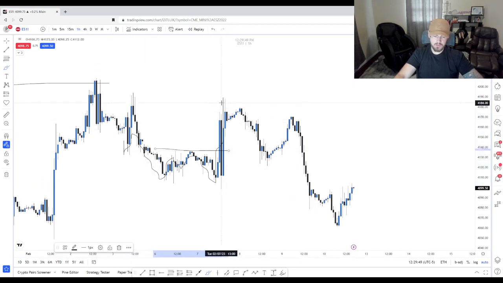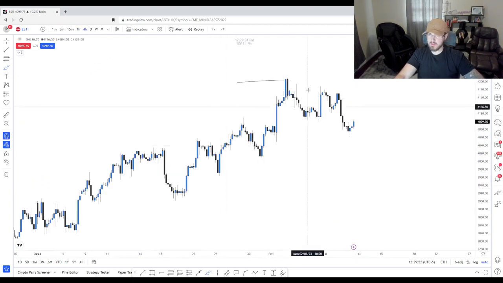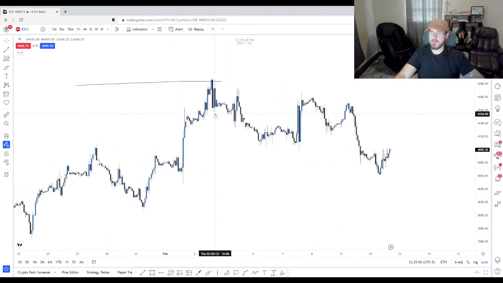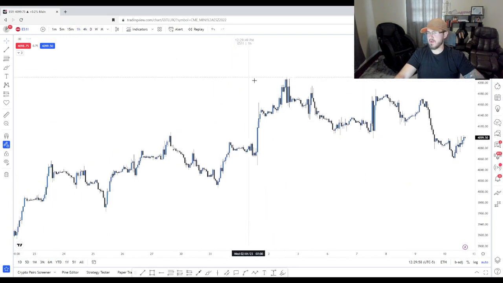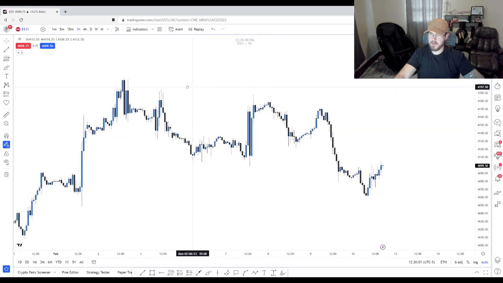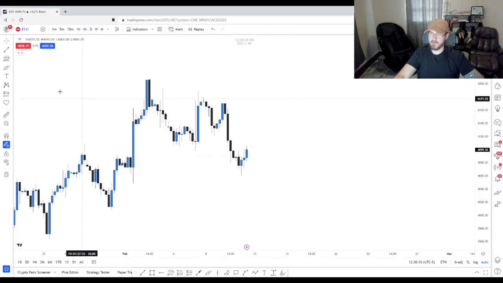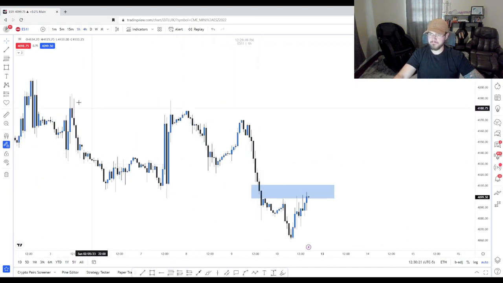But this was with news too, so you've got to take certain things with a grain of salt. When we have news, it's going to be a little bit fickle. But price comes up, we're just consolidating, then we get this massive push down. Now, this is displacement on this time frame for short. I think that we'll see more shorts coming out of most likely this fair value gap. Maybe not though, because it's pretty close. We're already in it. Maybe we go up higher,